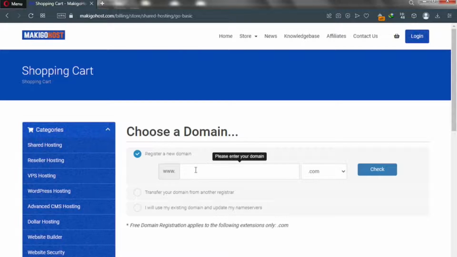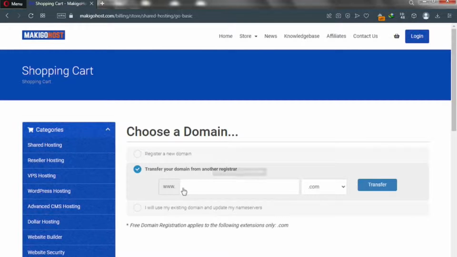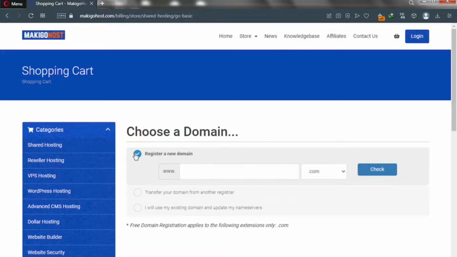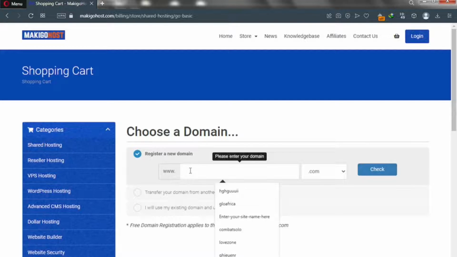If you already have a domain name somewhere and you want to transfer it over to Makigo Host, this is where you choose here, and then you enter your domain name and click on transfer. If you have an existing domain name somewhere, this is where you choose, and then you put your domain name here and then click on use. In this case, I'm going to register a new domain name, so I'll go with the first one and then I'll enter my domain name here. So I'll just put a testing domain name here